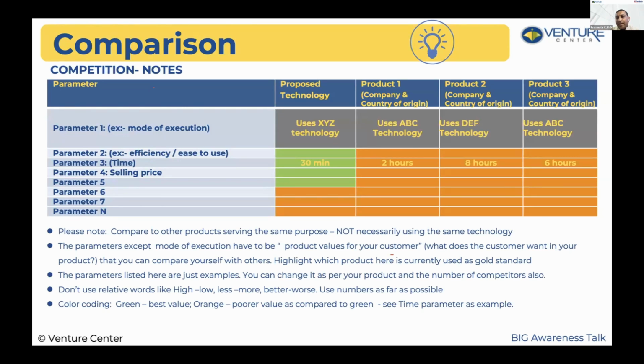The best way to do a value proposition comparison with these kinds of tables is that the parameters listed here on the left side should be benefits to your customer. Instead of saying that I use this kind of a transducer, you will say that this allows me this kind of precision in measurement for the user. Okay, because people can't convert, say, going from the transducer to its consequence